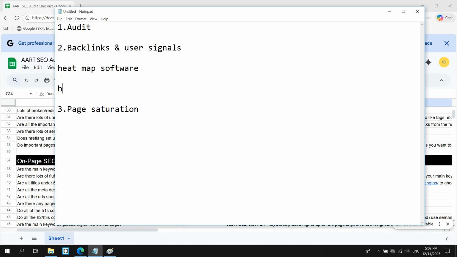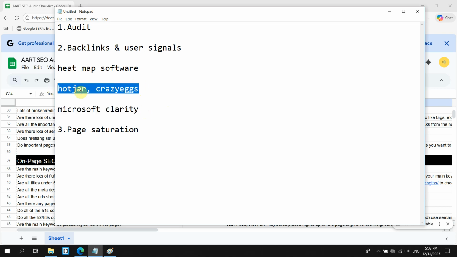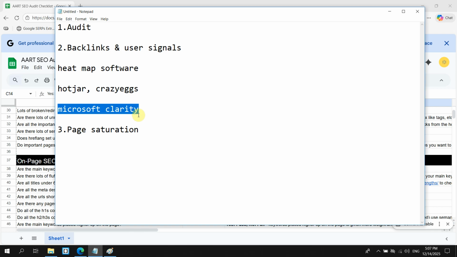Now there are a lot of these software out there. For example, Hotjar, Crazy Egg, a lot of different companies. But I can recommend you one called Microsoft Clarity. You can search about it. It's a free heat map slash video recording, session recording tool. It works pretty much like these paid tools, but it's free. So you can give it a try and see how it goes.